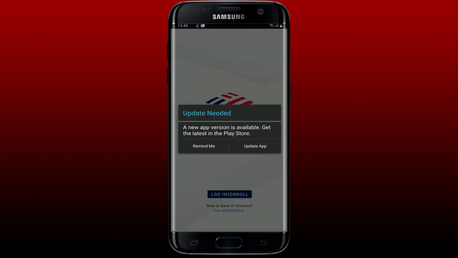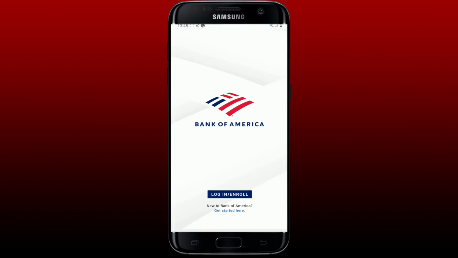If the problem still persists, the next thing to do is to update the app. Make sure you're using the latest version of the Bank of America application. To check that, go and open up your Google Play Store and tap on Update App. Once you are done updating your application, you might be able to fix your issue. Go ahead and log into your account or open up your Bank of America app